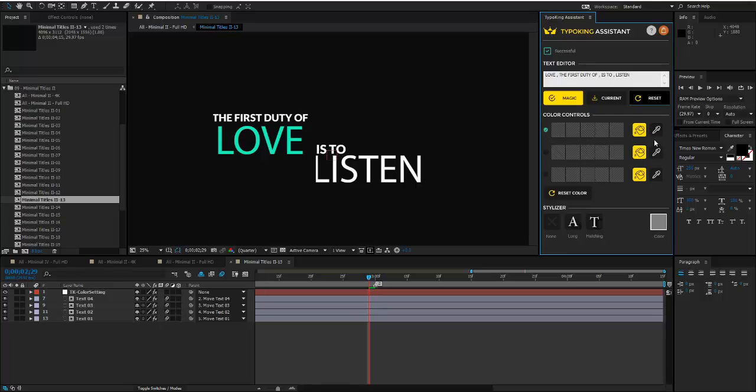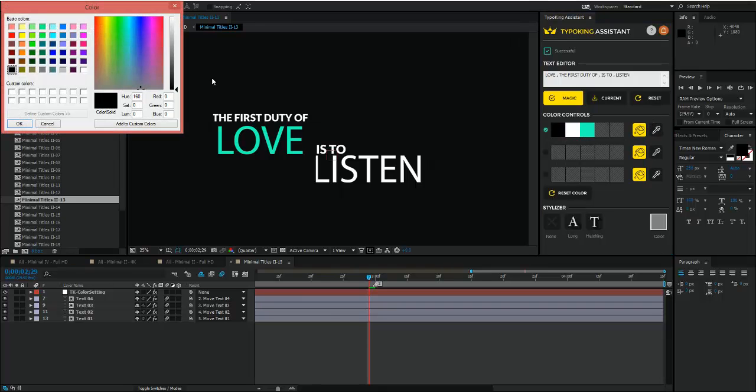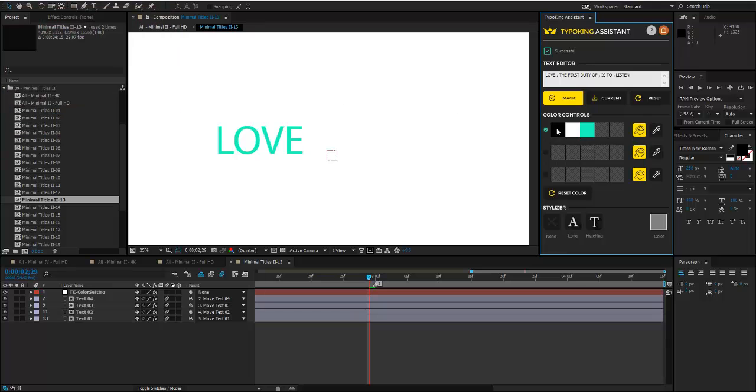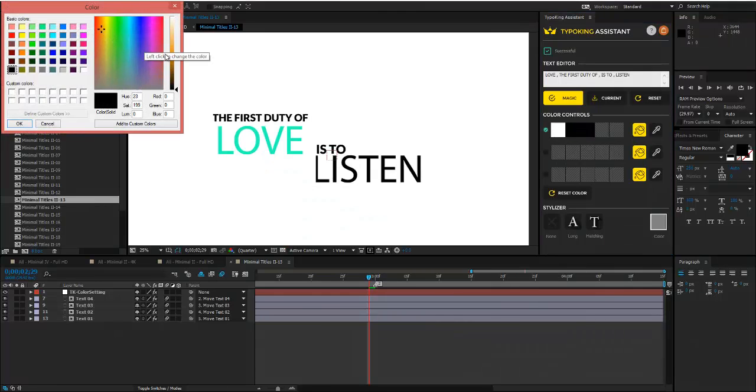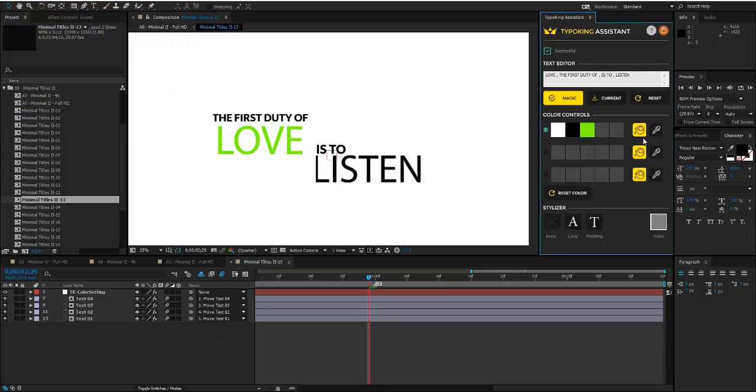Okay, here we have the color controls. You can use them to change the color of the texts in composition. For example, I'm going to change different colors here. To load them, let me check first. And to load them, all I have to do is to click on the color picker here. It will read the colors, and I can change them by clicking on different colors,